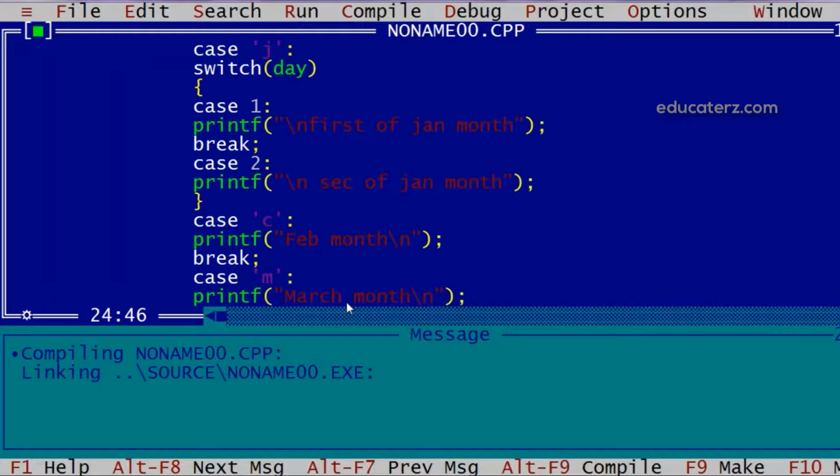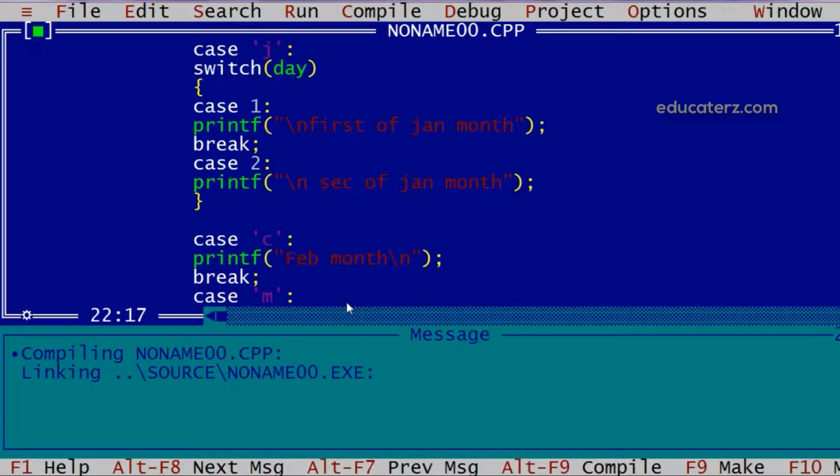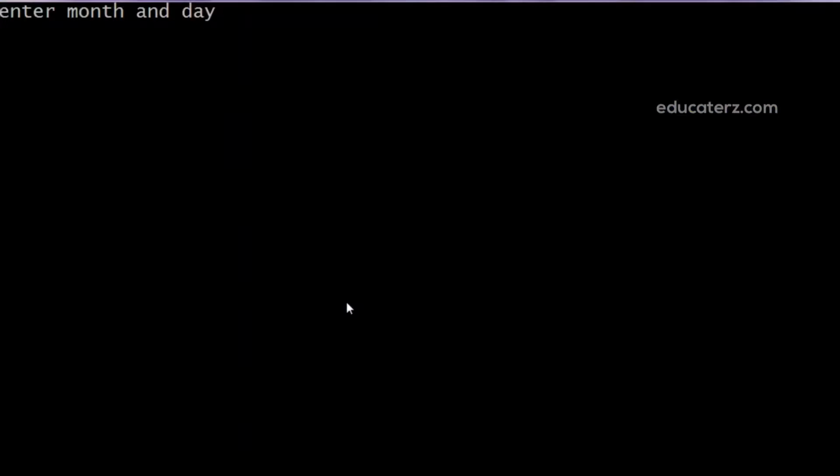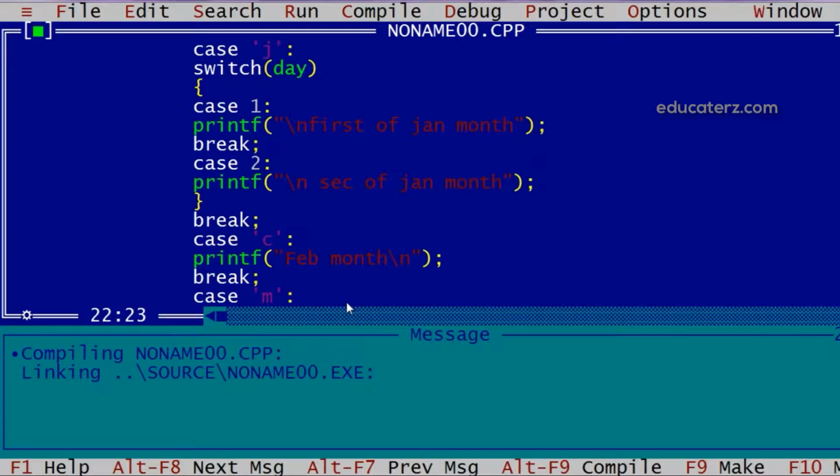So after Feb month we got break. So after this we can add a break statement. Now again we'll execute this. If I give J and 2, we'll get 2nd of Jan month. So this way we can have nesting of switch also.